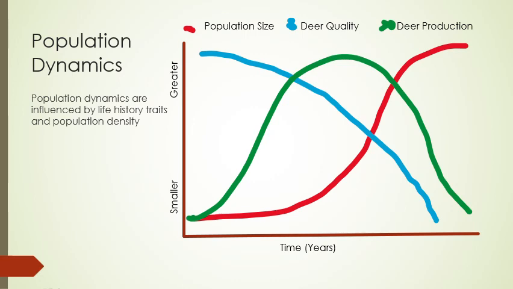For instance, if we're talking about deer quality versus deer production, how many deer are present, population size, what you're going to see is, as you have more deer present in the winter, think about deer in winter, the more deer there are in winter, the lower quality of those deer. That is, they may be close to dying because they don't have food. Does that make sense? That's sort of the justification behind hunting as far as ecology goes. You want to not minimize the number of organisms, but you want to reach a happy medium where you've got a certain number of organisms that are of a high quality and are able to reproduce to continue that population in the future.